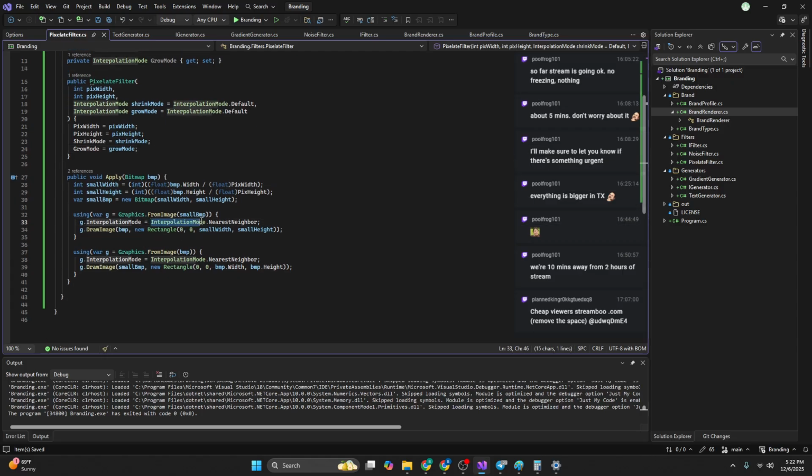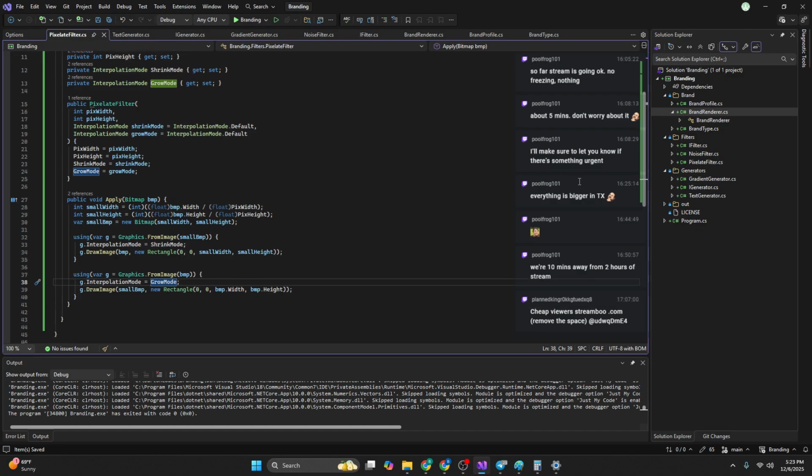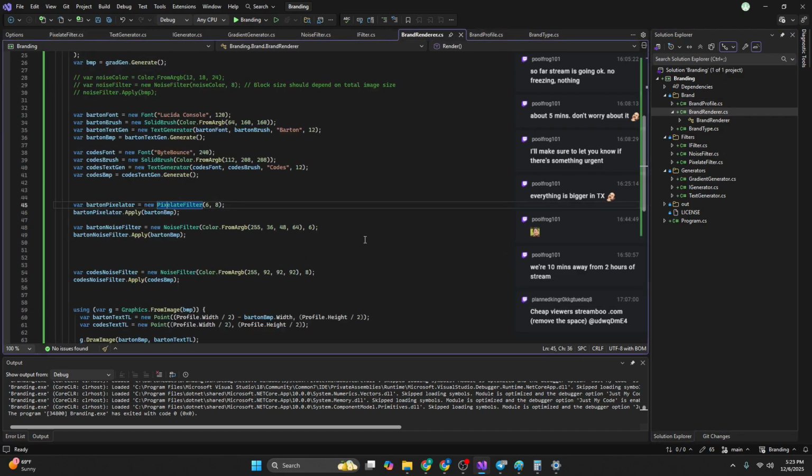And here we'll just set them in. So we got a shrink mode and a grow mode. Now over here where we set it,